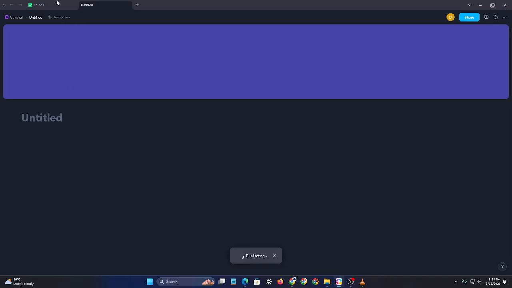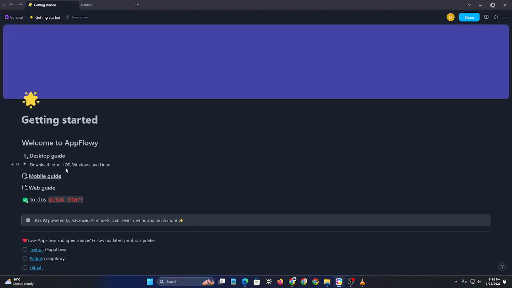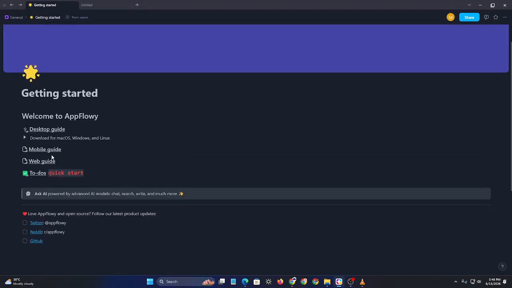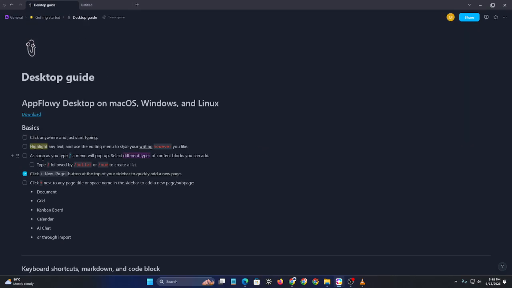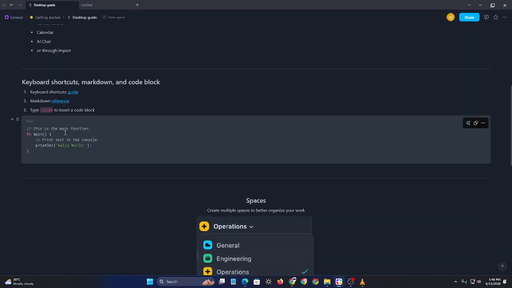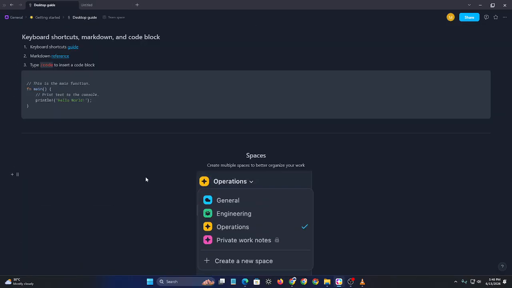You should also verify that the file isn't corrupted. Open the file on your device first to confirm that it works normally before attempting another upload. Another helpful step is updating AppFlowy to the latest version. Software updates often include fixes for file handling and upload-related issues, and that's how to fix AppFlowy file upload failed